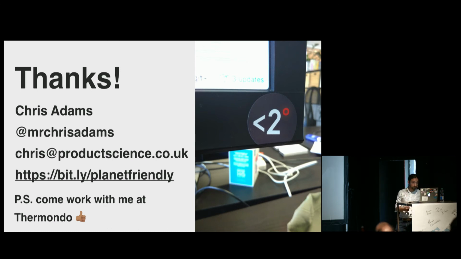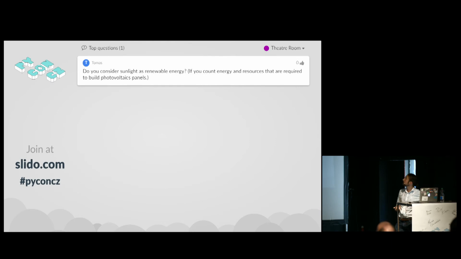We will just jump into Slido because we have some questions there. Question 1: Do you consider sunlight as renewable energy? Okay, I'm going to give you the fast one. The embodied energy is quite involved, but the embodied energy is all the energy needed that goes into building the panels in the first place. It's got much, much better, and it's probably one of the best options we do have, and it's got cheaper, faster than almost anything else. So yes.